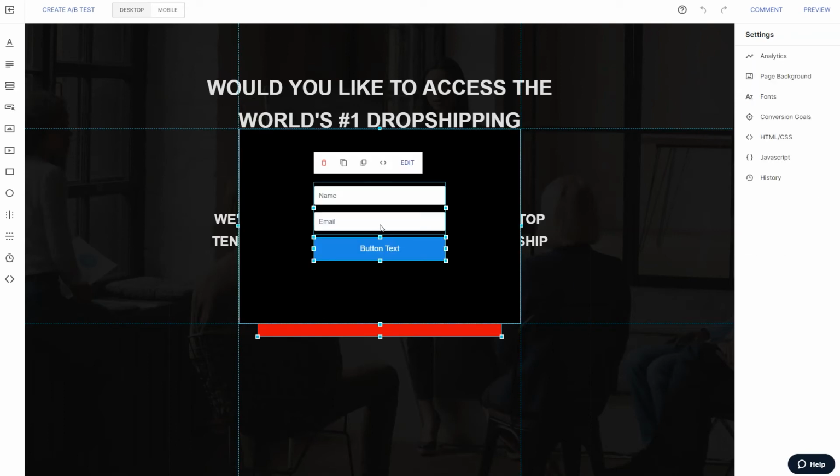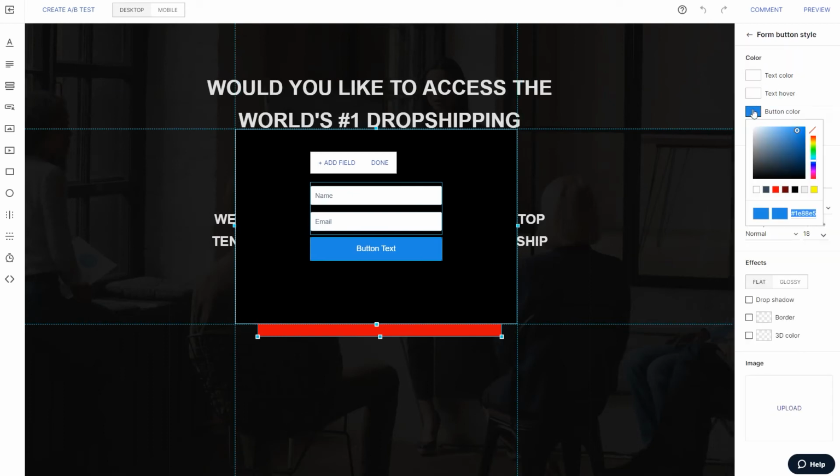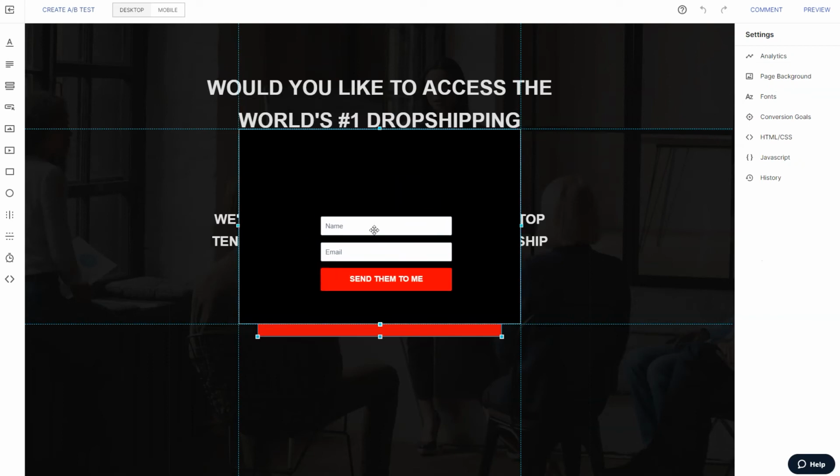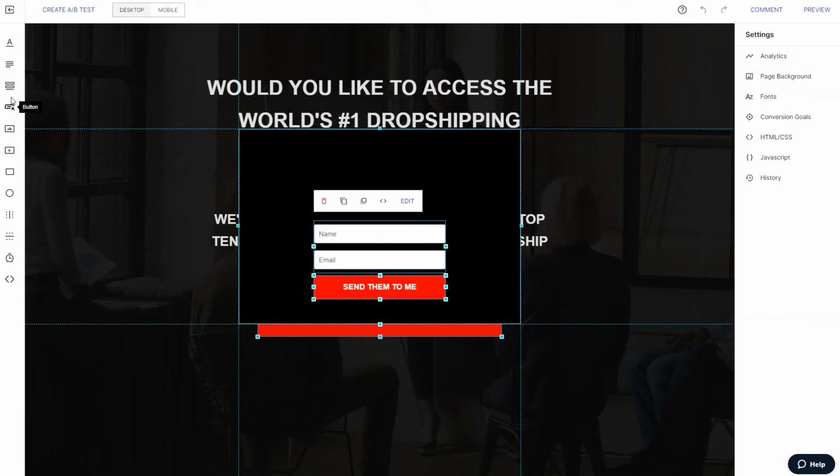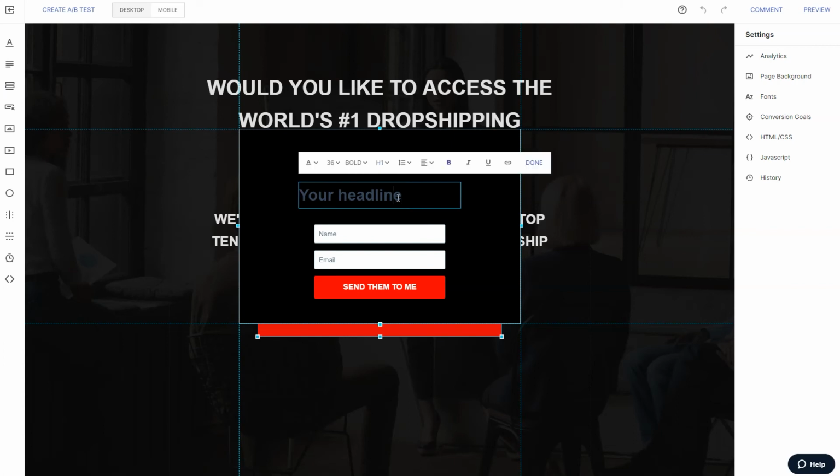Let's go ahead and drop a form here. And I want to make sure everything looks congruent with the rest of the page, so we'll go ahead and change the color here to red, just like our other button. Same thing here. And the button text will say, send them to me. And we'll make that nice and bold. Email and name. And then above that, we'll have a little headline that says,